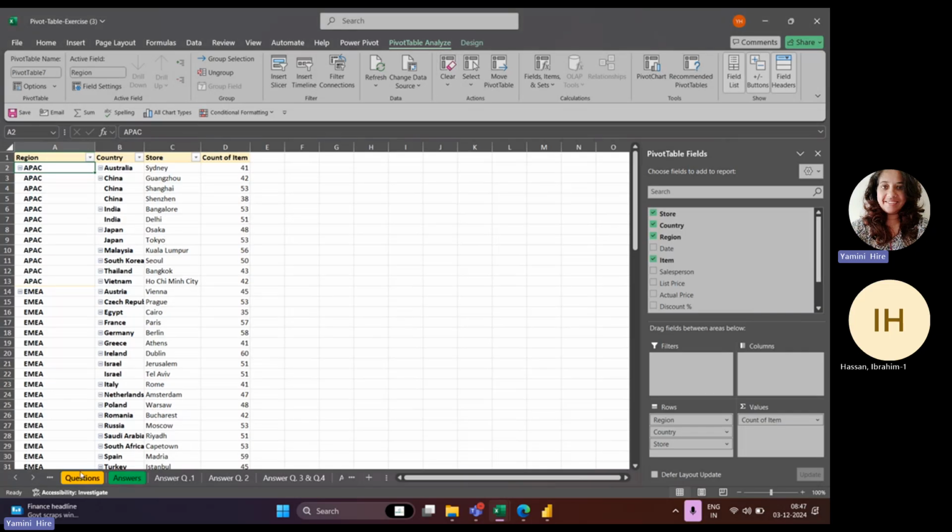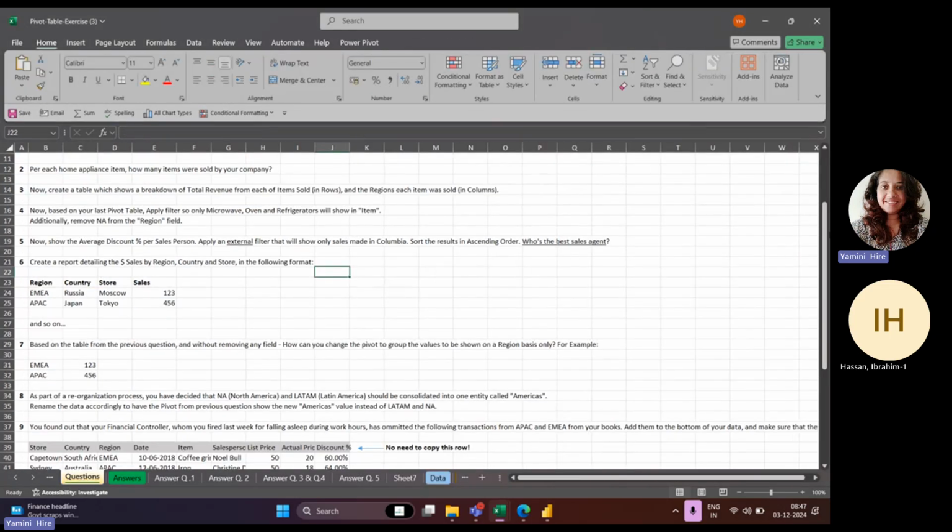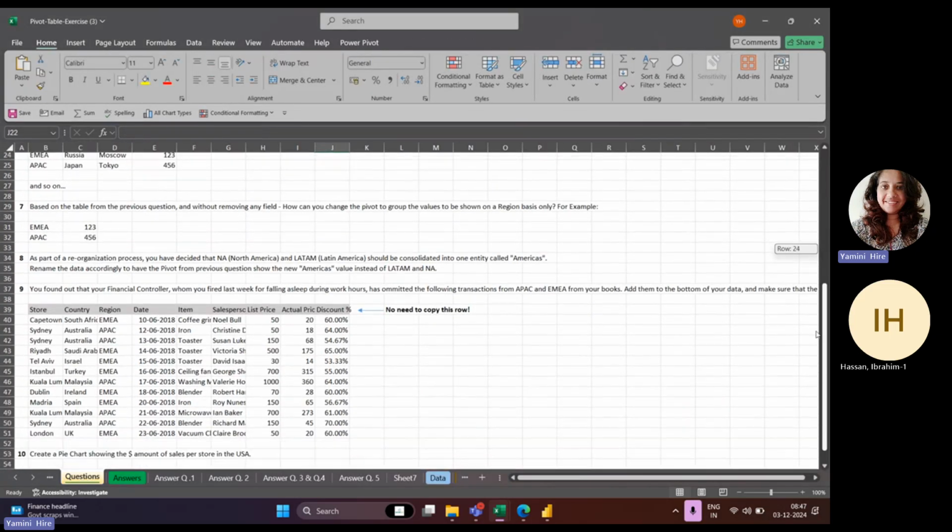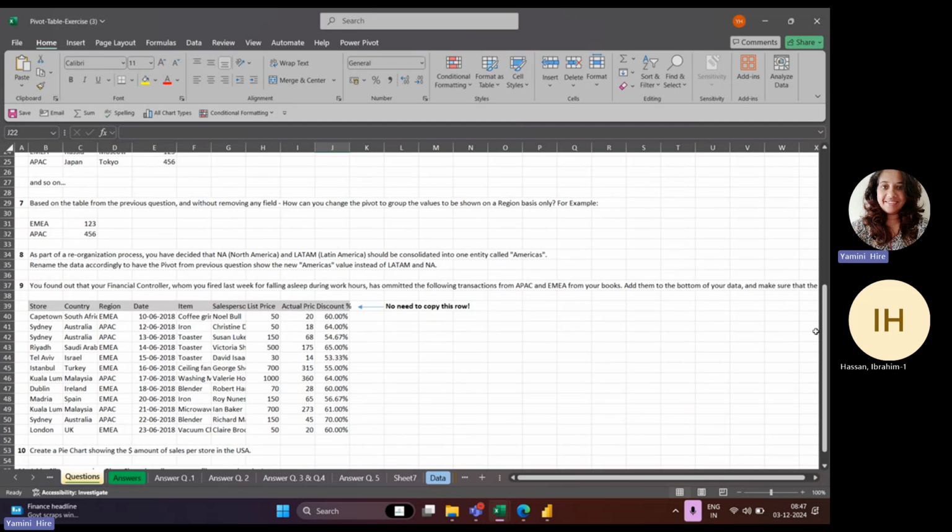Okay, let's move to the next now. Question 8. As per the reorganization process, you have decided that NA, North America, and LATAM, Latin America, should be consolidated into one entity called Americas. And rename this data according to the pivot from the previous question and show the new Americas value instead of LATAM and NA. So what you need to do is